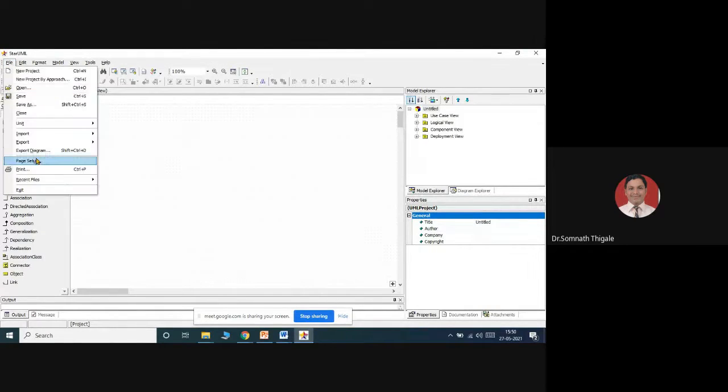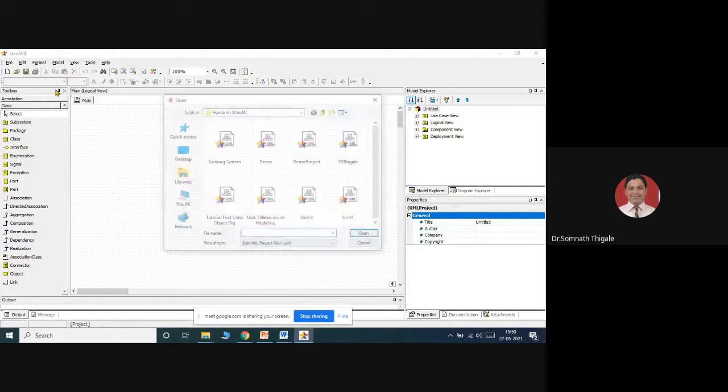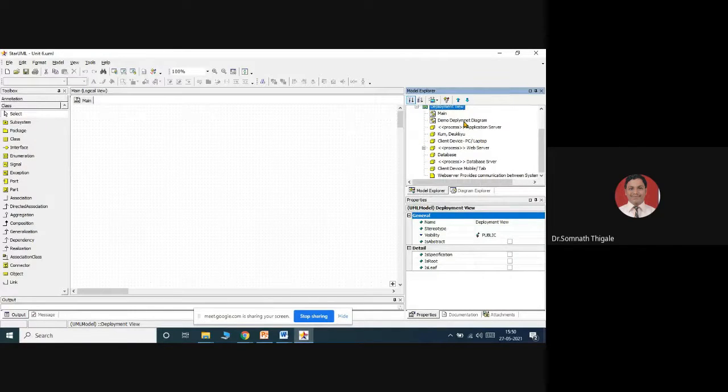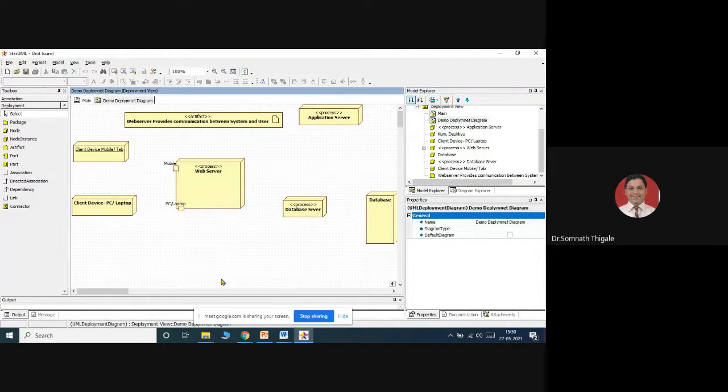Open the respective project, Unit 6, Deployment diagram, Demo diagram. Okay. So now try with the type of communication.